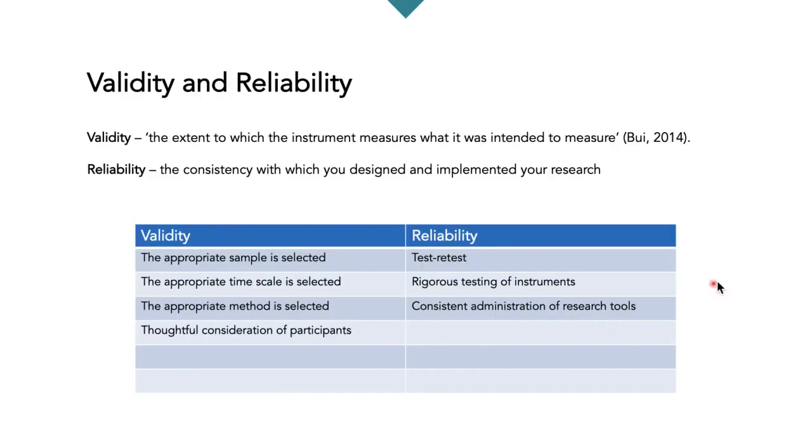Just very briefly, I mentioned validity and reliability earlier, two core concepts in a dissertation generally, but certainly in research. So the validity, there's a slight difference between the two, although there's overlap. Validity is the extent to which the instrument measures what it was intended to measure. So that's really ensuring that the design and approach and the decisions that you adopt and implement suit the purposes